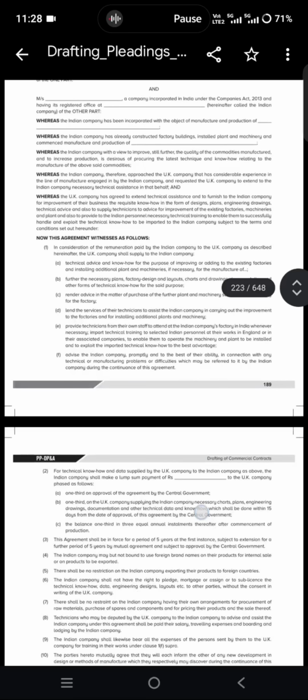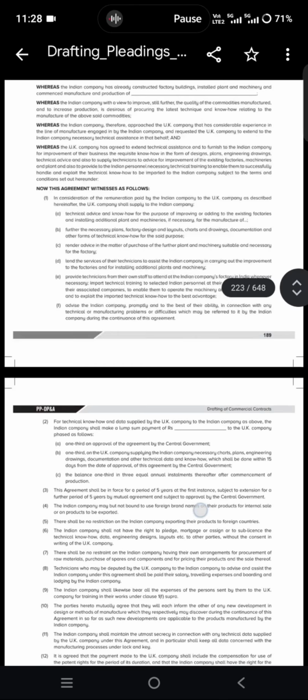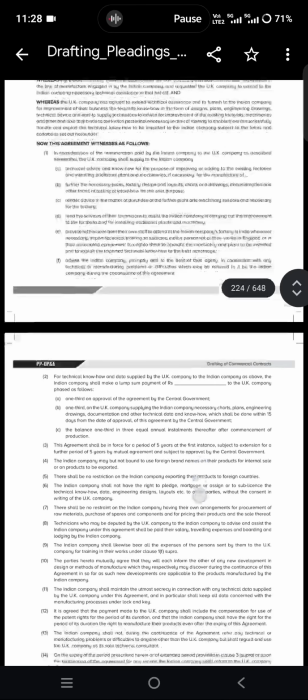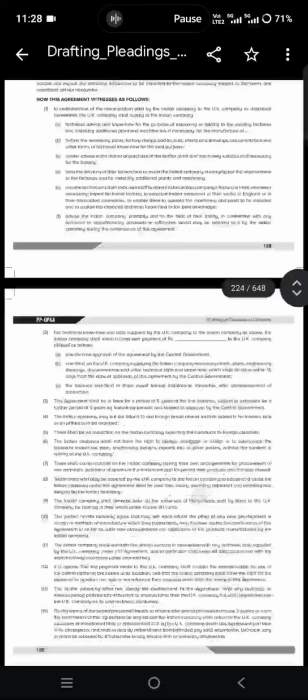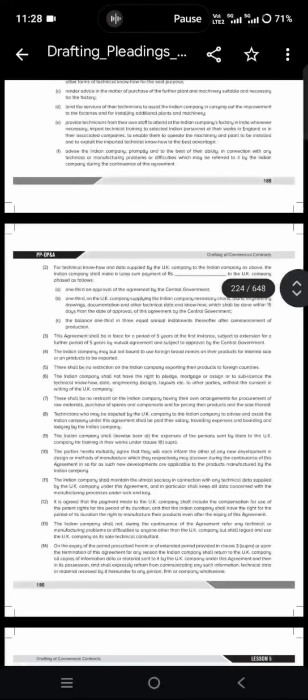If a partner carries on a business that is competing with the LLP, he must pay over to the LLP all profits made by him in that business. 12th point: every partner shall be accountable to the LLP for any benefit derived by him without the consent of the LLP, because they have used the partnership or its property, or acted in the name of the partnership. And the majority of the partners cannot expel any partner. And all disputes, if they cannot be solved through the LLP agreement, will be solved through arbitration and conciliation.